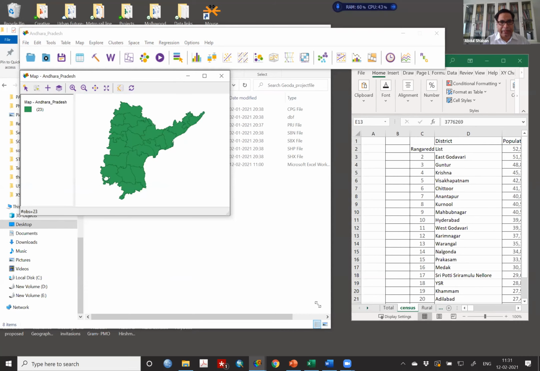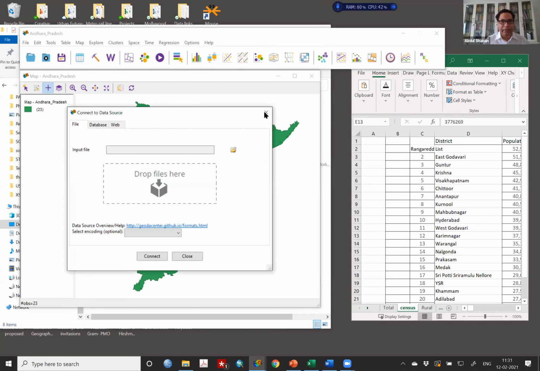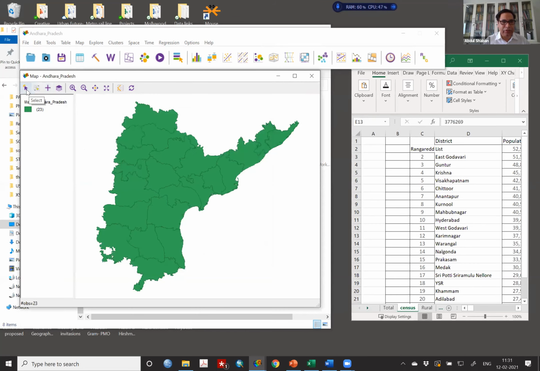I will start with the preliminaries. So if this map is there, now you add map layer. Map layer means the same thing. I can bring one more layer here, but it will create more complication for you. Add more layer means that you can bring more layers. These are the things I'm just telling you in the menu. In the selection process, you have invert selection, because if you have selected one and you want to invert the selection, it means not that one, but the rest of them get selected. So that is the inversion of selections.